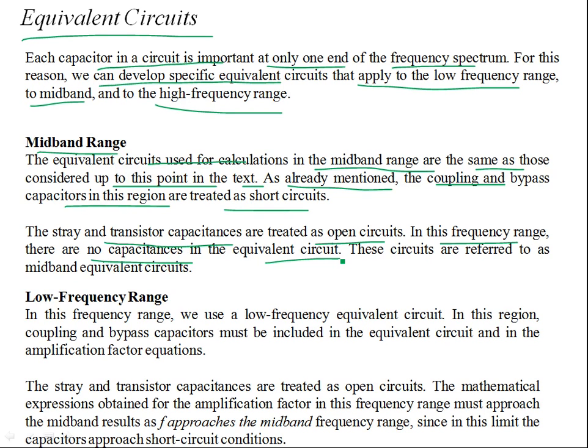So in all the small signal or the large signal AC equivalent circuits that we have considered, we have not considered the effect of the stray capacitances and the external capacitances. So these circuits are referred to as mid-band equivalent circuits. So whenever you see the mid-band equivalent circuits,